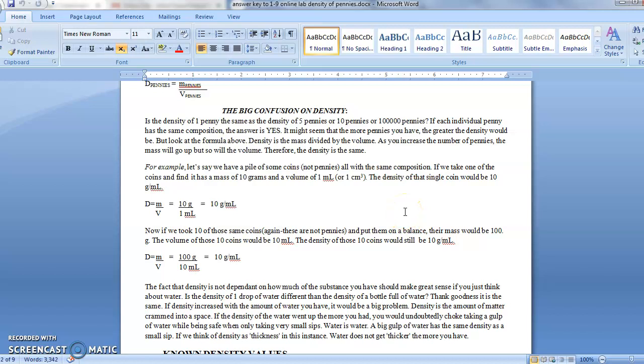If the density were the same, then they are the same type of penny, same composition. If the densities change, then the pennies' composition must have changed. In other words, they must have had a different mint or used different substances to make the alloy. An alloy is a mixture of metals